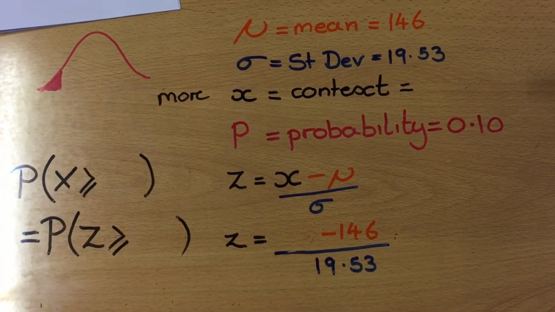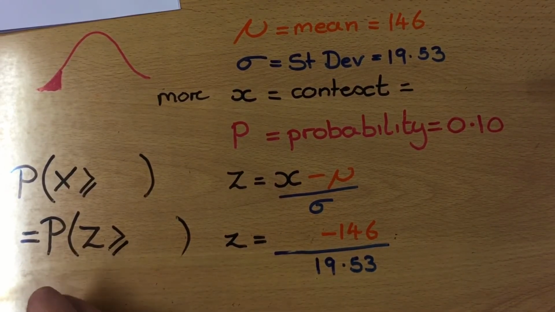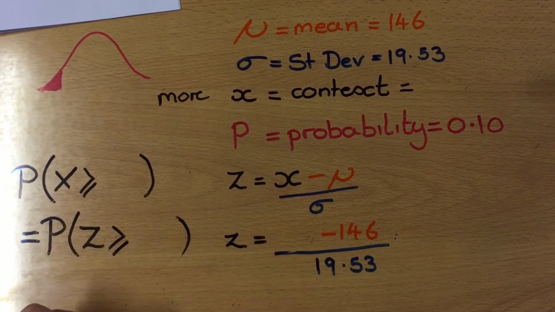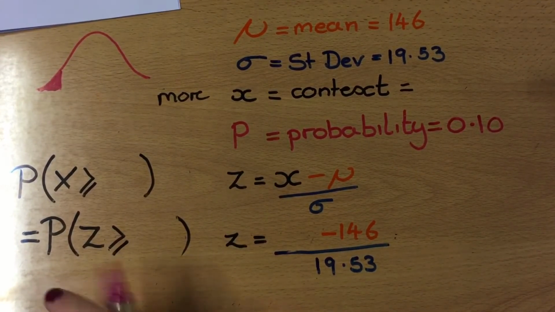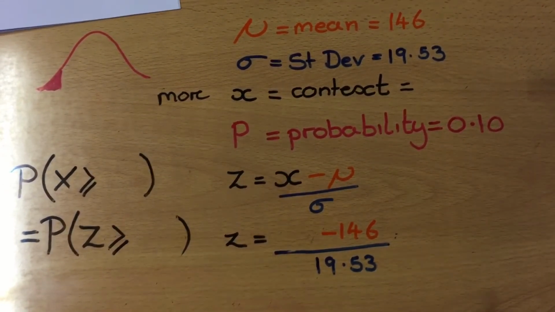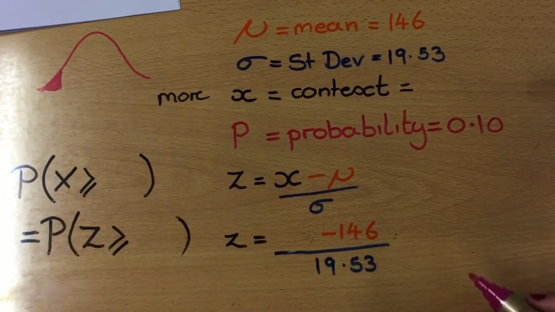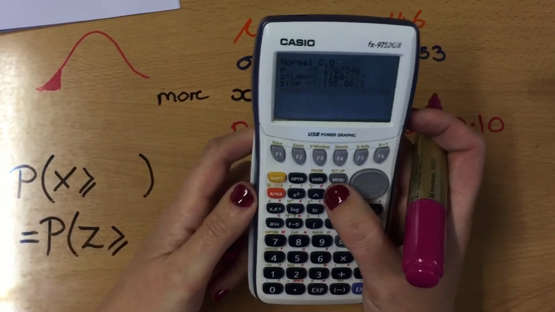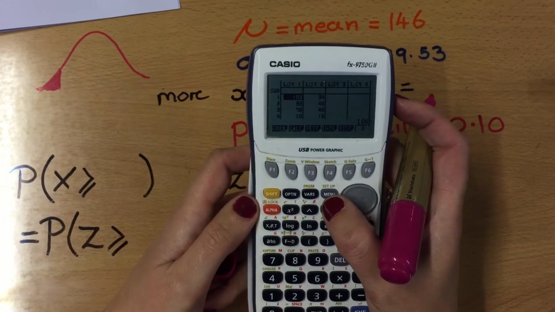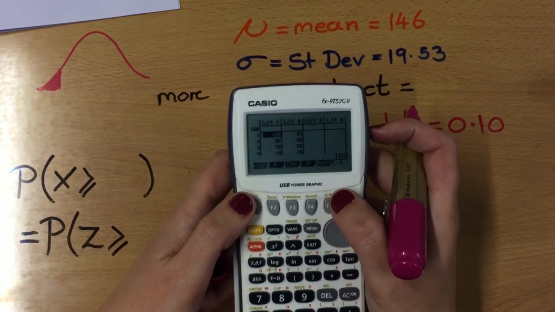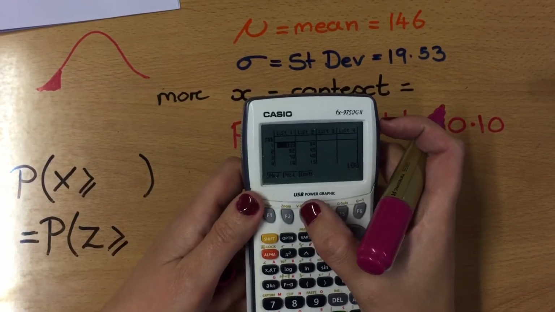So the thing we do know is that we've got a probability of 0.1. So, because we don't know the context, it is still a distribution, it is still normal, but this time